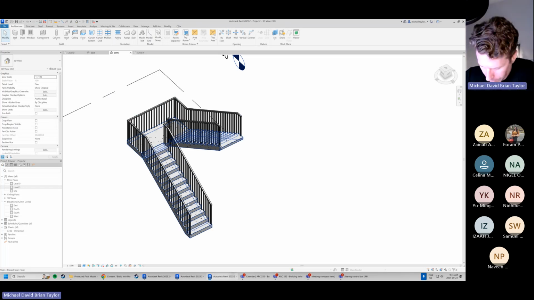I think the next piece that we want to make sure that we've got in here is, one thing I should probably cover is how to move the overall stair. So this is something that can get a little bit tricky. Now that we've got what I would say is a finished model of a single story of a switchback stair, maybe it's in the wrong place, right? Again, we can restart or we can move the stair. So if I was just to jump back to level 0 here,